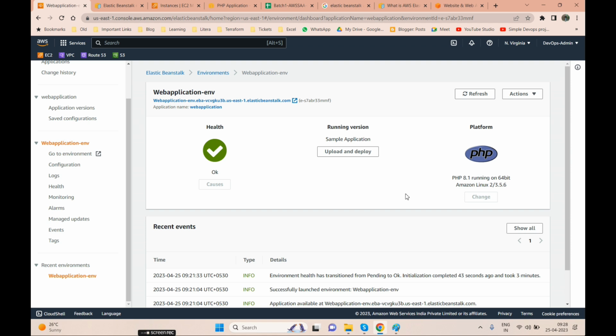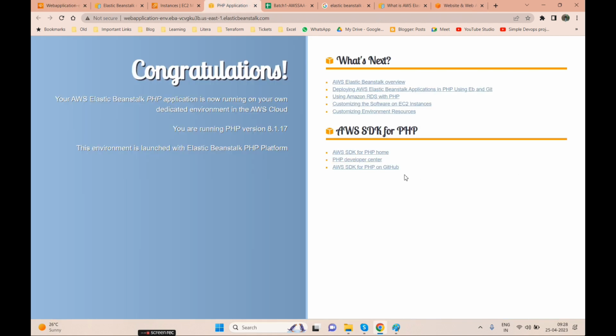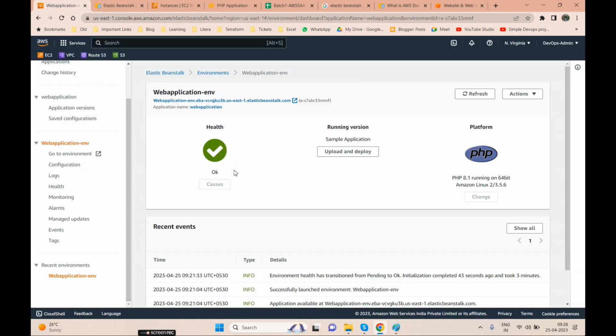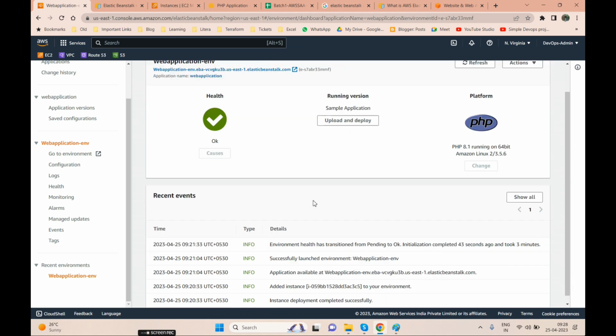Lambda function has a limitation of 15 minutes only. It will only run 15 minutes of code. It will not give you a complete website deployment like what we have got just now here. But Beanstalk has these facilities, which in Lambda we can't